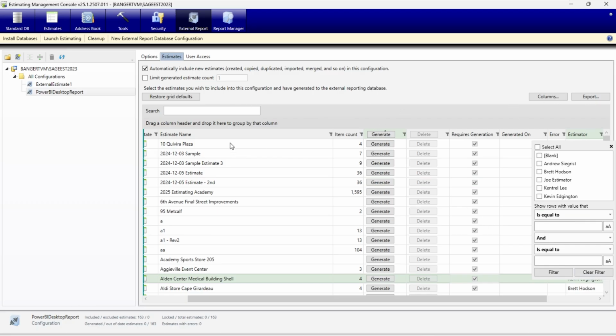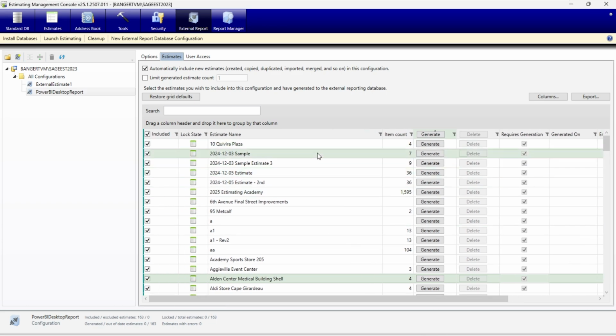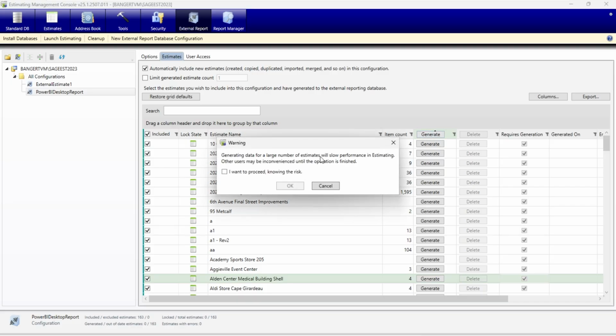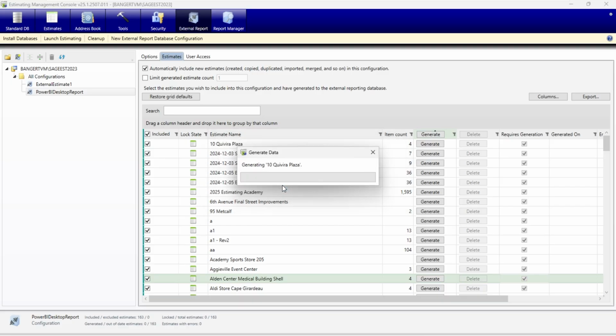And then export. This could be exported out like I've seen showed in a couple other videos and so forth, where you can export this out to do other reports and AI reports with it. Once I got what I want included in this mix, I'm just going to go ahead and hit generate here. It's going to give me a warning that I got quite a few estimates out there, so it might take a little bit. So I'm going to check the box that I know the risk and go ahead and continue.